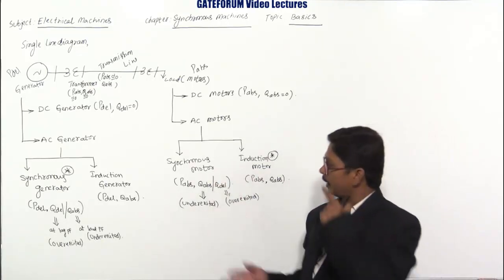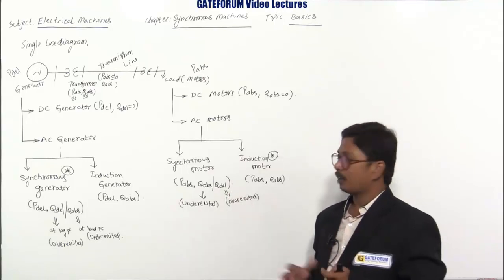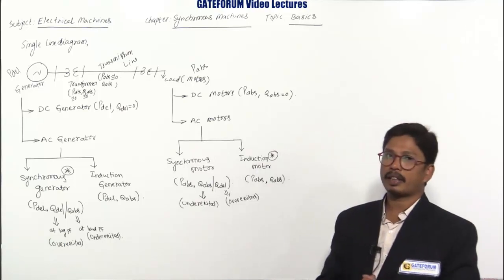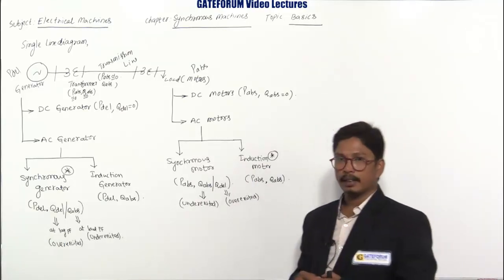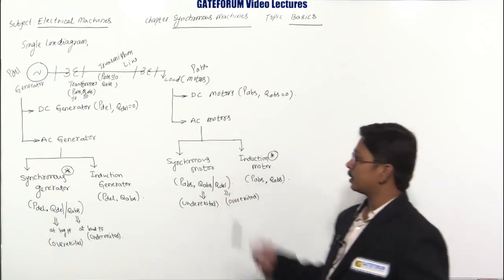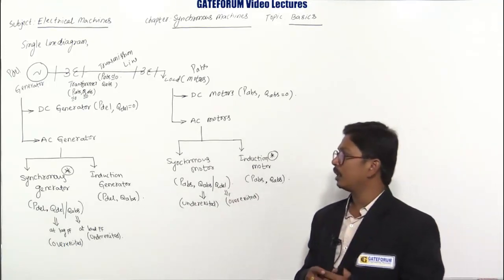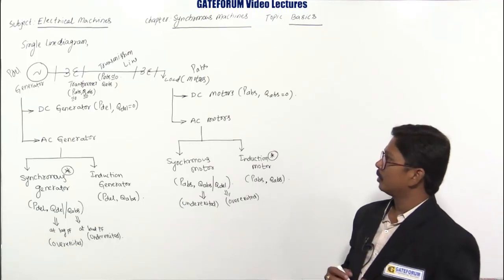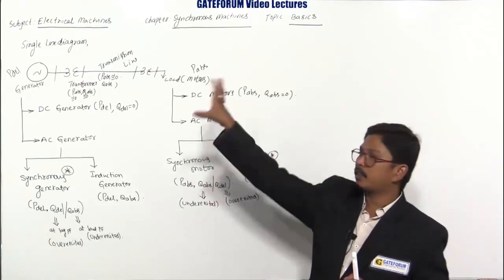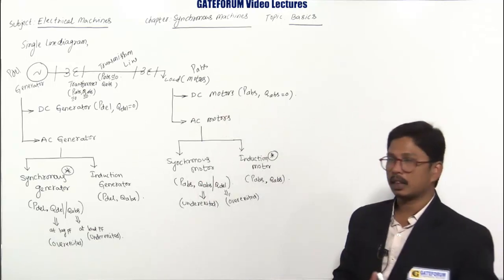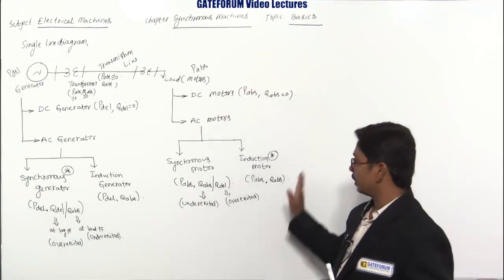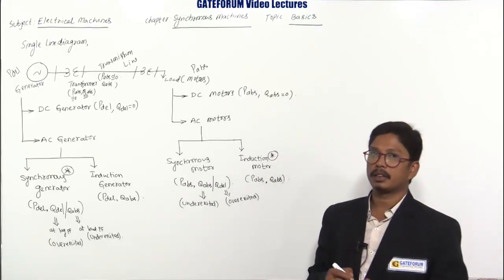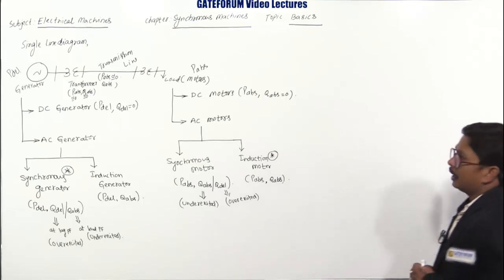But the synchronous motor has the advantage that it can improve the power factor whenever an induction motor is operating under very poor power factor conditions. So we are going to use the synchronous motor. So synchronous generators and synchronous motors play a very important role in the power system. We have taken the single line diagram of the power system. In the entire power system, the generator is nothing but the synchronous generator. The motor in the power system is nothing but the induction motor, and sometimes we will take the synchronous motor also based on the application of the system, right?